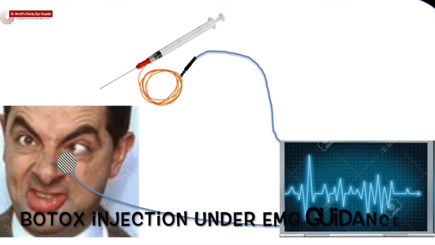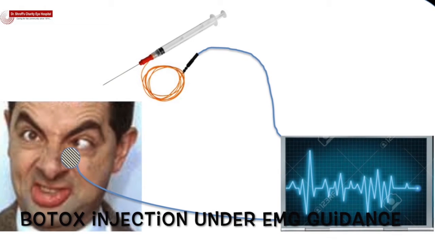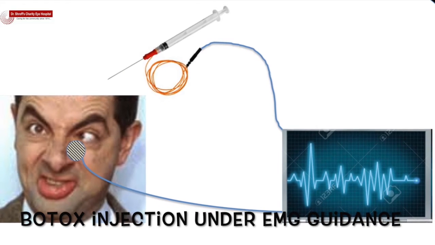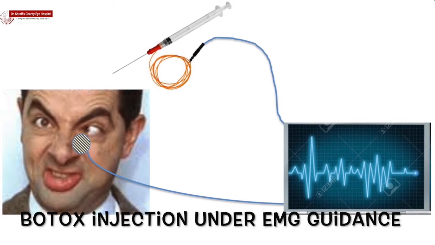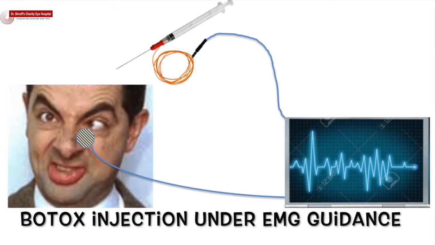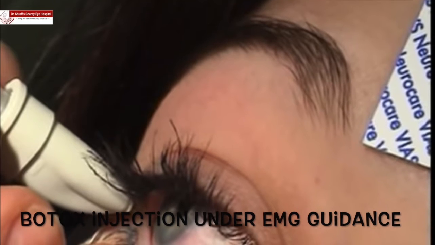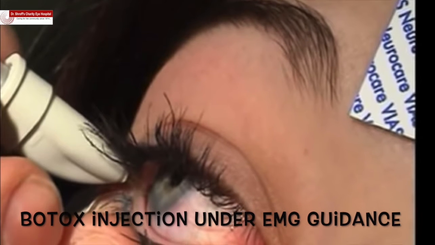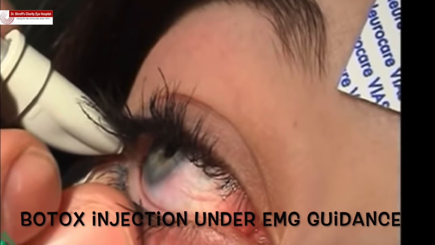There are various techniques of injection of Botox into the muscle. Firstly, it can be injected under electromyographic guidance, which requires an EMG machine and a specialized needle for injection. A 1.5-inch 25-gauge Teflon-coated electrode needle attached to a 1 ml syringe is inserted transconjunctivally about 8 mm from the limbus. The needle is conducted to the muscle, and then the patient is asked to look towards the muscle. A characteristic cracking noise is heard, confirming the location of the needle, and then the toxin is injected.